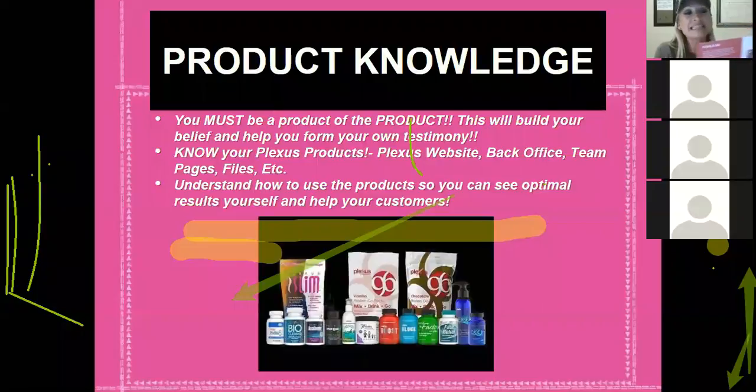It says Slim can contribute to safe and effective weight management in conjunction with a healthy diet. It can help maintain normal blood sugars. Slim helps maintain normal cholesterol and lipid levels. Tells you exactly what to say, okay? So if you have any questions about the products, they're at your fingertips. They're in these pouches. Another really cool thing is, at the very back, if somebody contacts you and asks how much is the Slim if I buy it as a preferred customer,